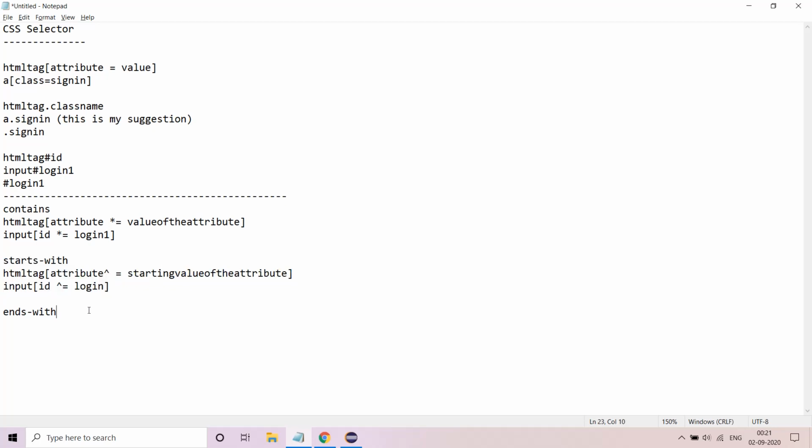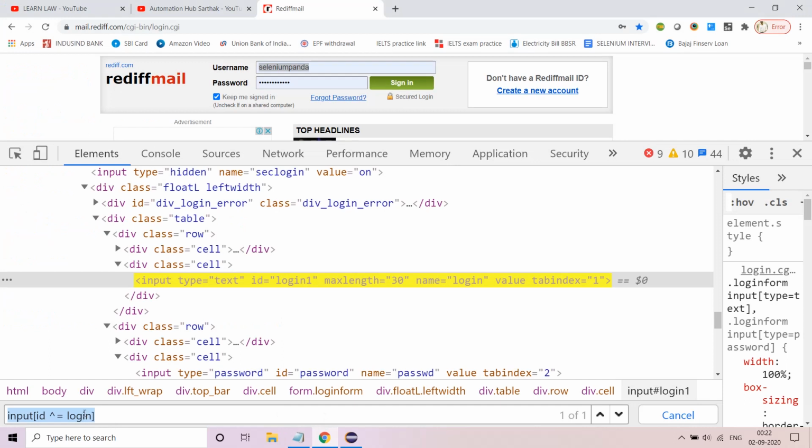Now let's go to ends with. Here the syntax is HTML tag, attribute. So this has to remain closed. Instead of the caret, we use dollar equals to, and then the ending value of the attribute. So what is the ending value here?